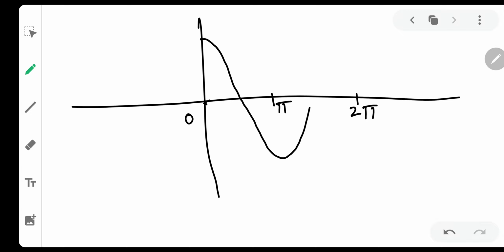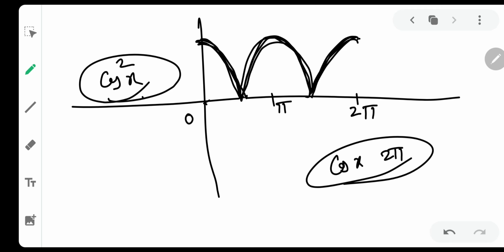Okay, this is the graph of cos square x. Particularly this is the graph of cos square x. Okay, so we have drawn the graph of cos square x. What we did while drawing the graph of cos square x is everything got squared, so there is a change in the slope a little bit at every point, but what is important is its range. It is from 0 to 1. I hope you understood it.